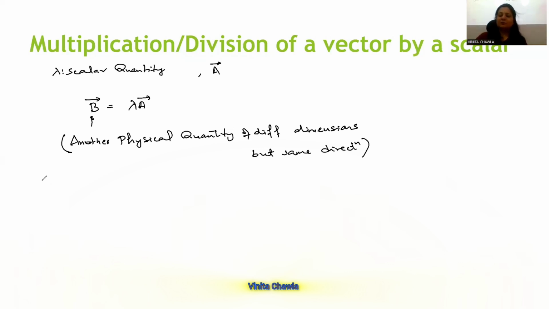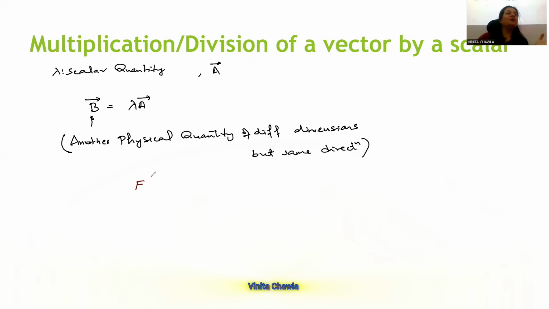Can you give any example of a scalar multiplied by a vector? Any example? Does something come to mind? Yes,